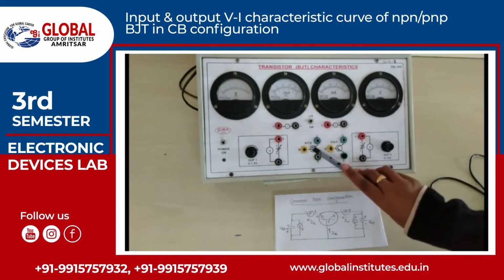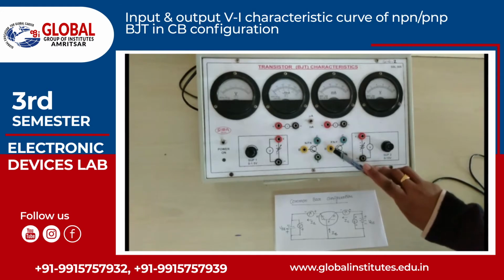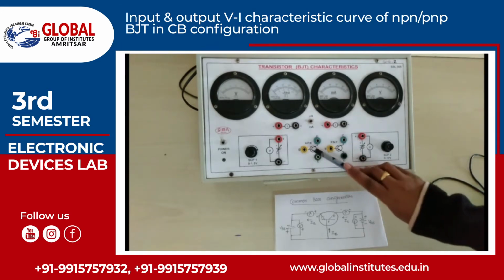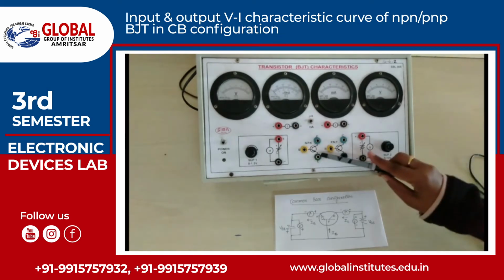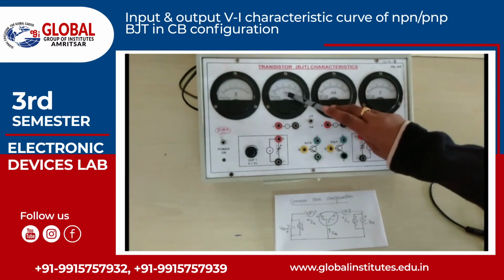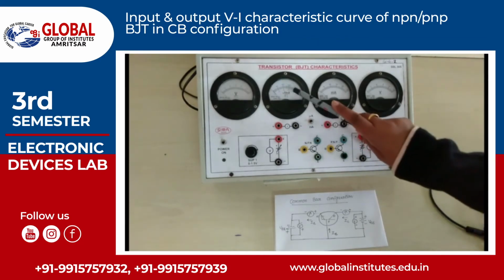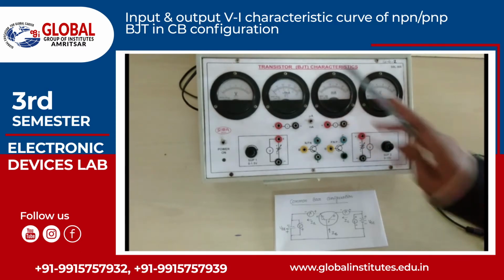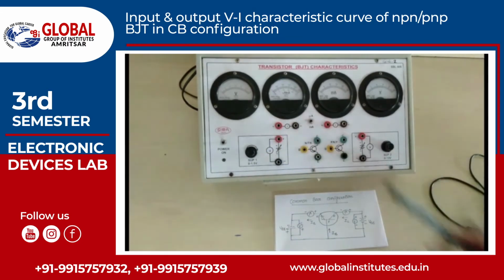Here in this kit we are having 2 transistors, one is NPN transistor, second is PNP transistor. So you can draw the characteristics by using NPN or PNP transistor, but here we will use only NPN transistor. This ammeter can be used in the range of microampere or milliampere. By just changing the position of the switch, we can use it in milliampere or in microampere range. This is the power switch. Now let's start to connect the circuit.